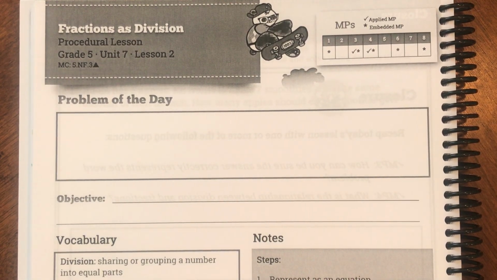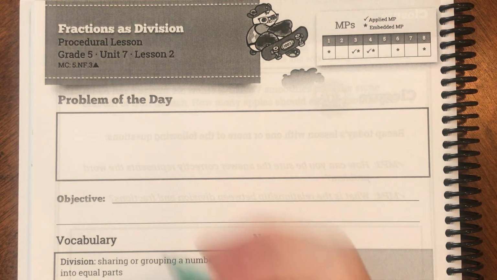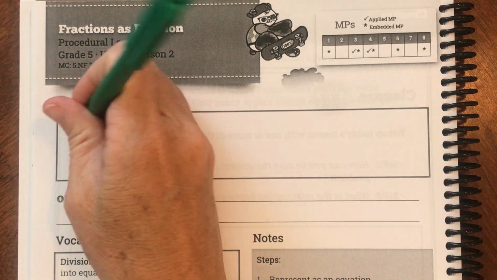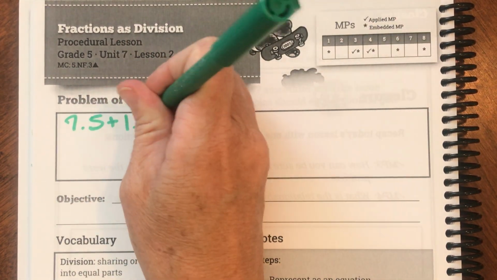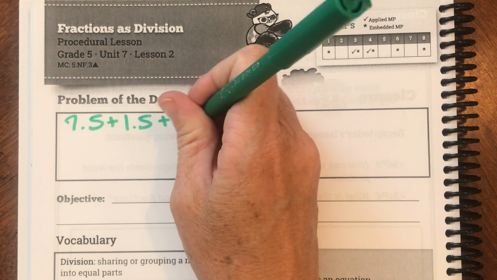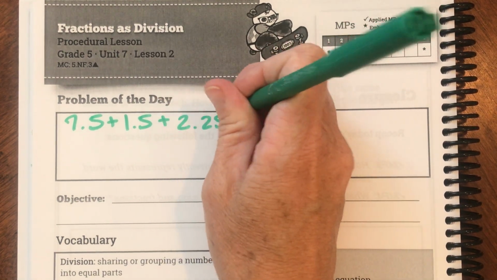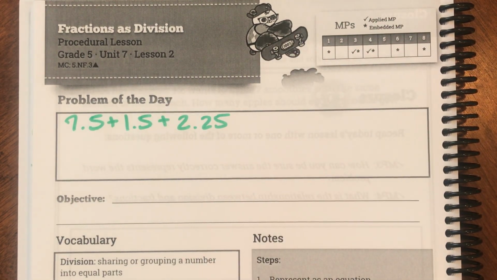Today we are on page 137. And before we get started, for our problem of the day, we're going to review adding decimals. So here is our first problem: 7 5/10 plus 1 5/10 plus 2 25/100. Okay, so remember the main thing about adding decimals, the most important thing is that when I set up